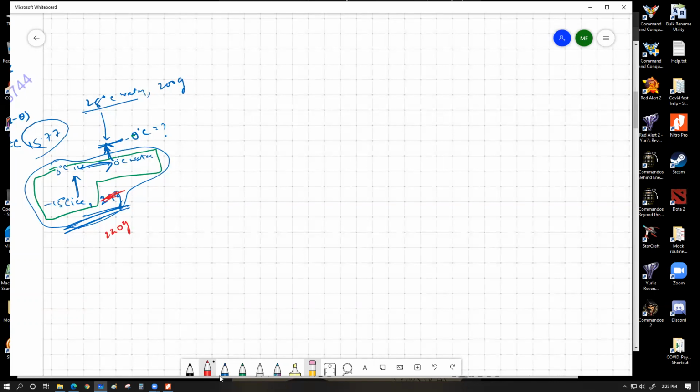The coolest the warm water can become. I'm trying to show you multiple steps over here first, and then the logic is going to become much clearer for you. Heat energy given: the maximum heat energy that this water can give without freezing itself, I mean as it brings itself to 20 degrees Celsius, is going to be